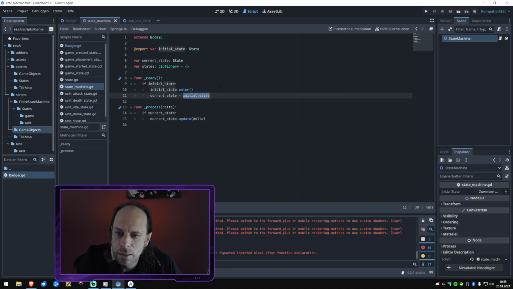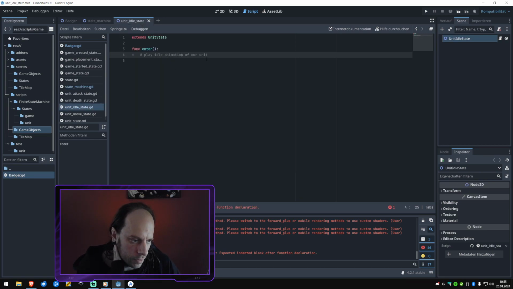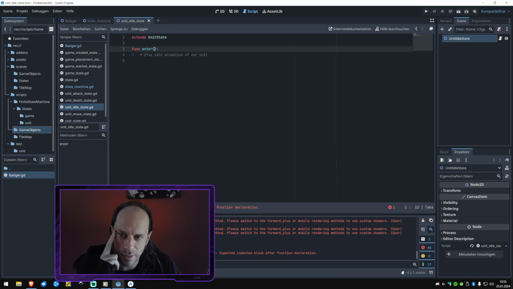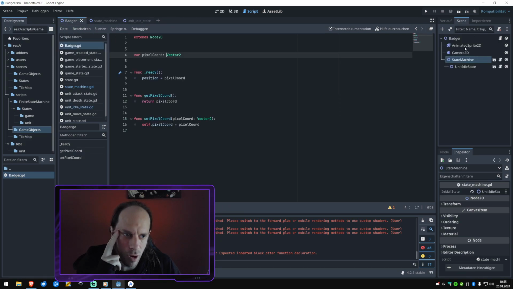So this is quite nice because we know that we have an initial state, which is the unit idle state, and then we will get the enter function called. The problem we still have right now is that we don't have in the idle state the access to our unit to actually manipulate the